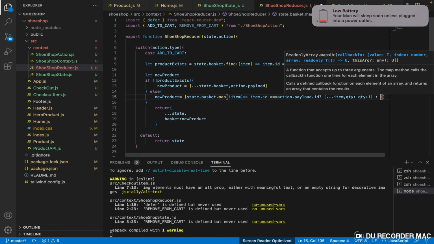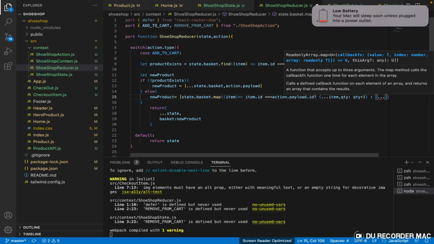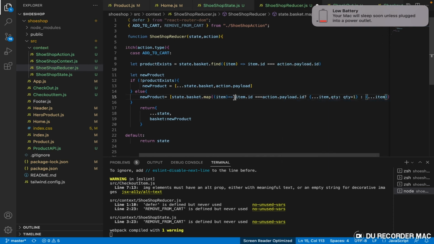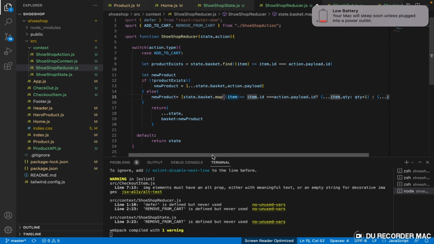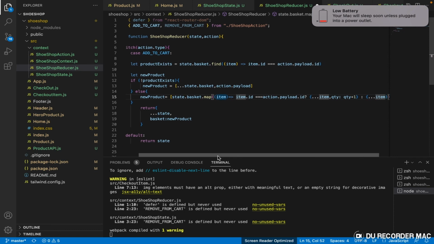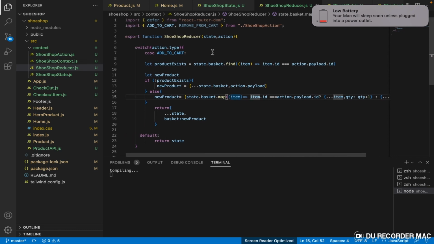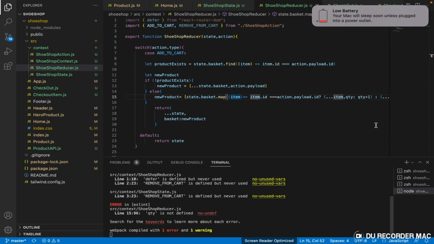Else, just return the item just the way it is. Right, let's check what we have. Save it. Oh, sorry, not quantity like this. It should be